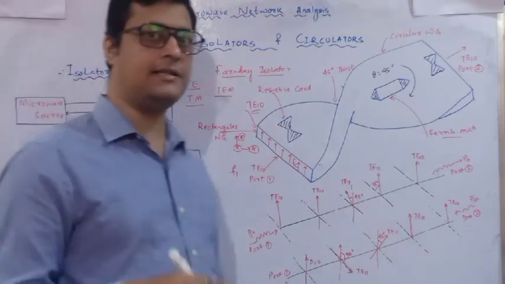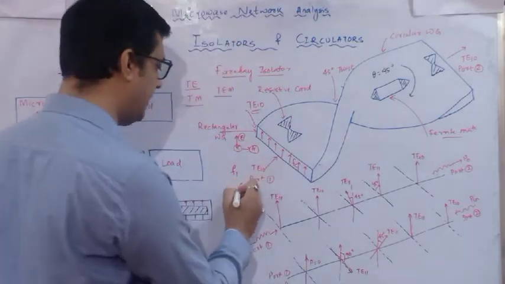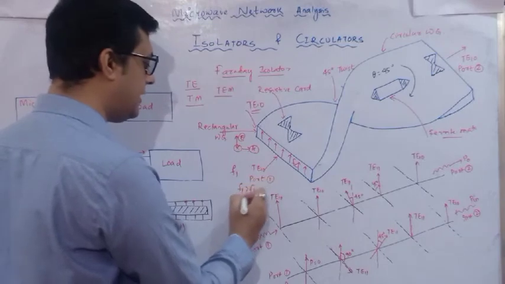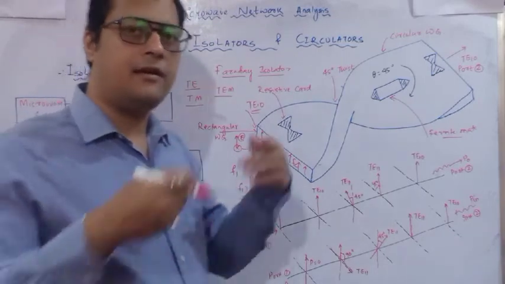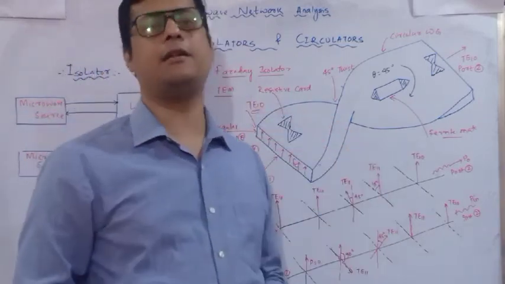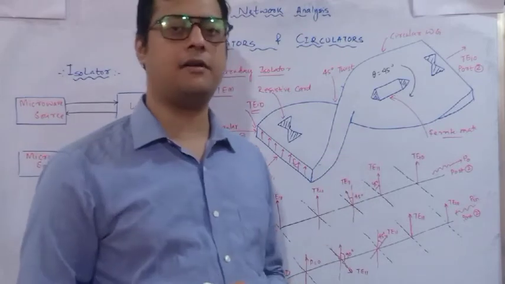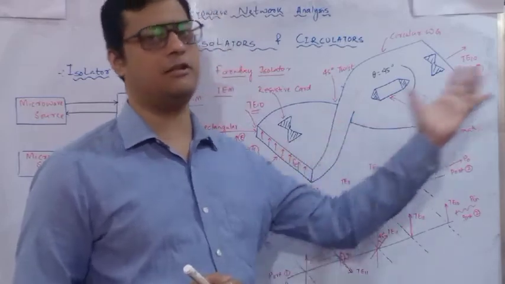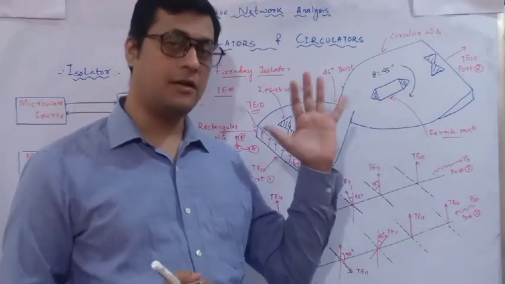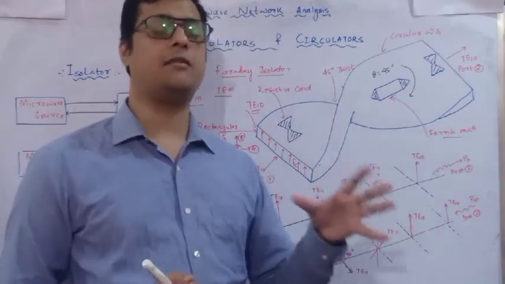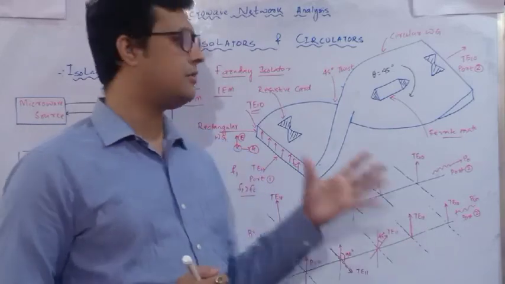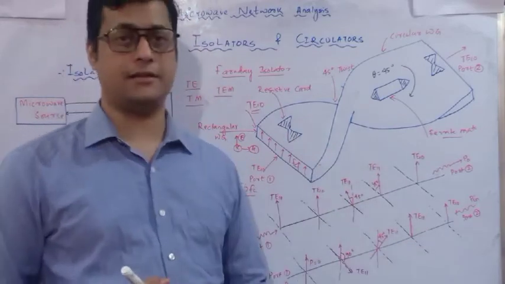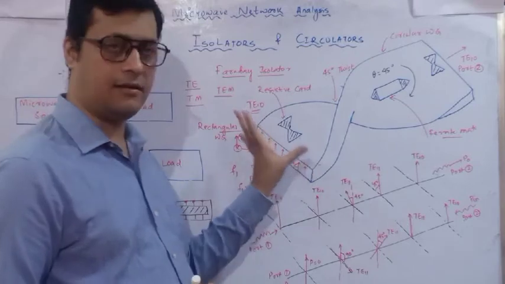If F1 is greater than Fc, then only the information is going to be delivered through this particular waveguide. Otherwise, no information can be propagated from this end to this end. So this is the logic behind the working principle of a waveguide. We have to see which sort of waveguide it is. First, we have considered a rectangular waveguide.